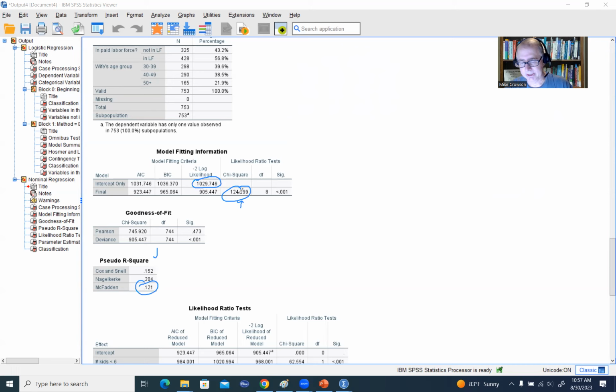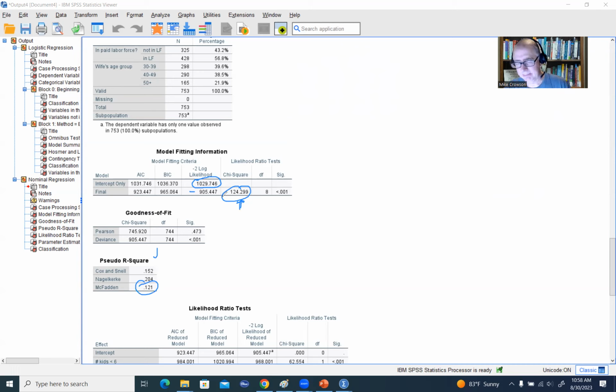So the chi-square value you have right here is just taking the deviance for the intercept-only model, subtracting the deviance for the final model. So that's the difference in those model deviances. Place it over the deviance of the intercept-only model, and then you basically get a measure of the proportionate reduction